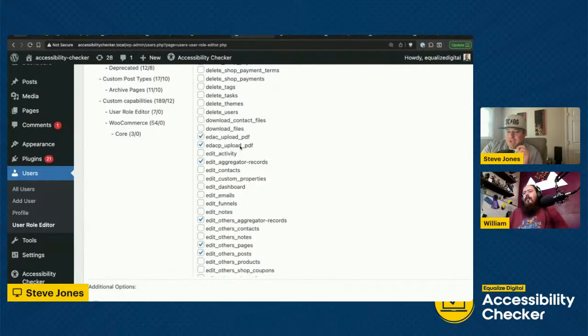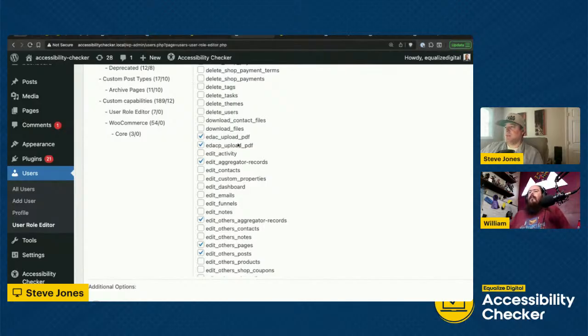This is likely only a me thing because I've had this test site since we first started working on this fix. So we've gone through some normalization of our prefixes, so this is probably just a me thing. If you're using the plugin and you're using the user role editor, you're only going to see one of these